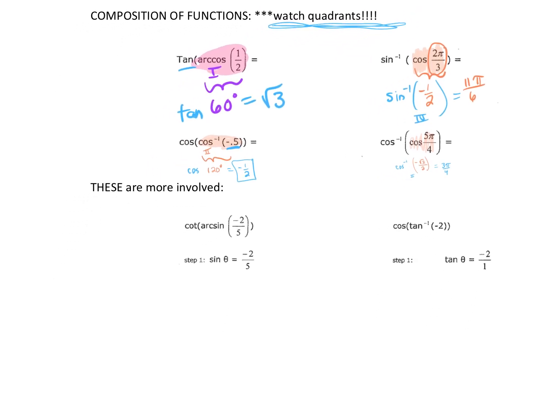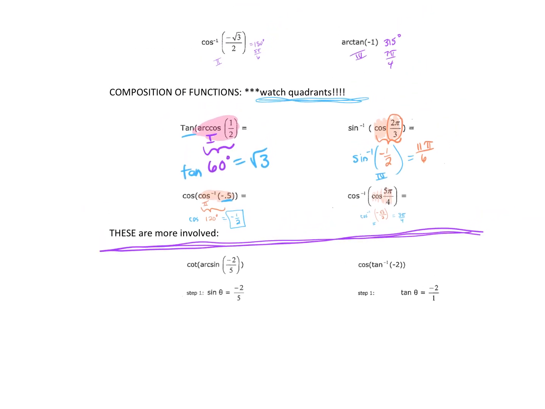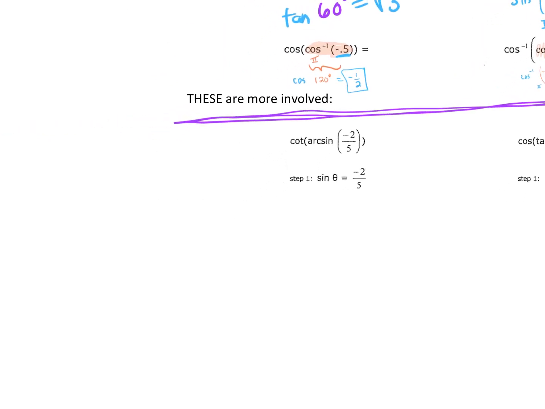These last 2 examples, if you notice, it says these are more involved. So here's what I want you to notice. They don't look any different than this section right above, but if you start looking on your unit circle for the arc sine of a negative 2 over 5, you're not going to find that on your unit circle. And in this example, what does it say? An arc inverse tan of a negative 2, you're not going to find that on the unit circle. So this last type of problem, what we're going to do in order to solve is when